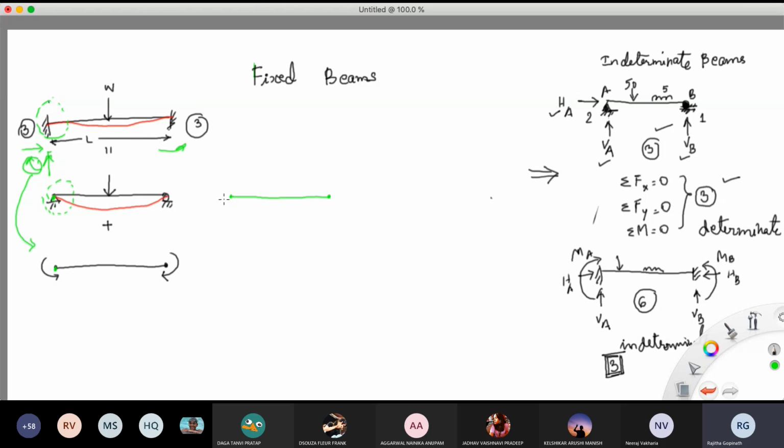Negative bending moment, right? So did you understand when I'm saying that a door that is on a hinge and a door that is fixed to the frame? Did you understand that? Yeah. So what happens is that when you have a hinge joint, it is allowing rotation, right? It is letting that what to say, letting that degree of freedom, है ना?